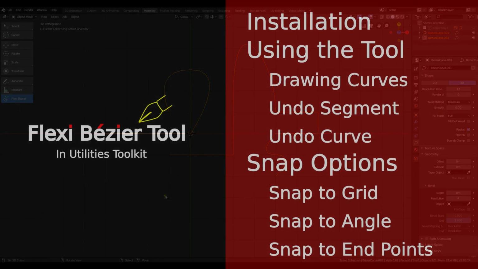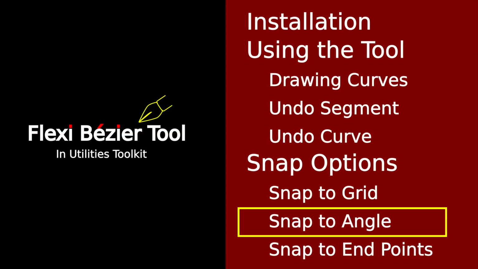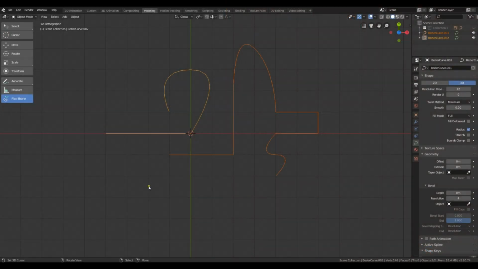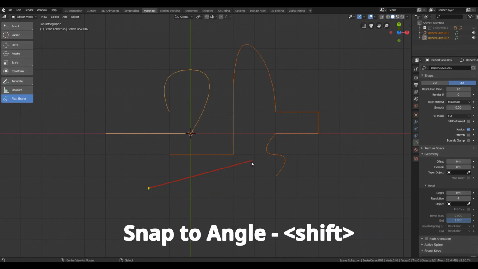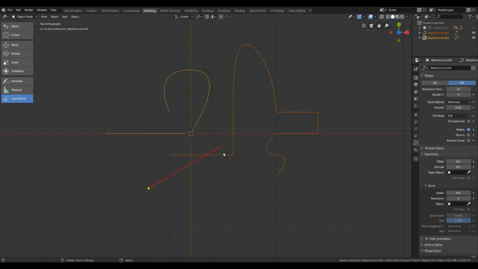The second snapping option is related to restricting the angle of the new points with respect to the earlier one. So for example, if I start the curve from here and let's say I want to draw a horizontal line, I can simply hold down Shift key and the new point will have fixed snapping angle, so I can easily draw a horizontal line or adjust the curvature by snapping the handle at fixed angle intervals.